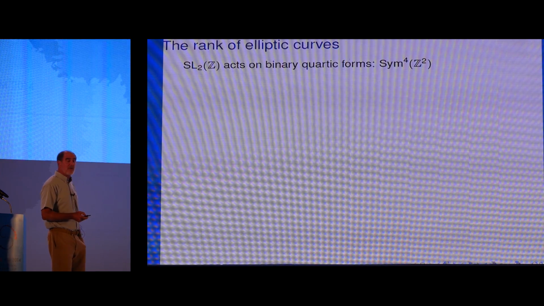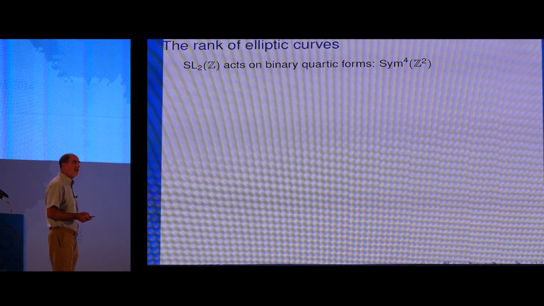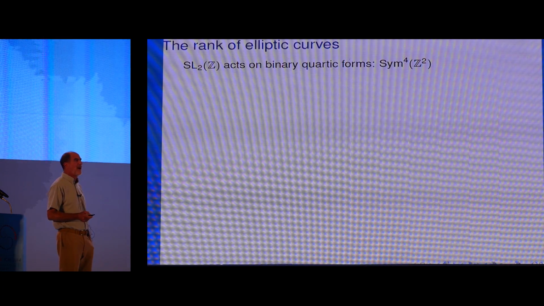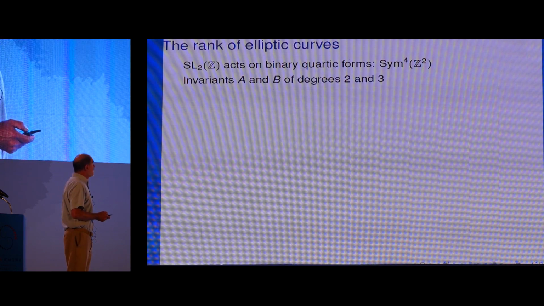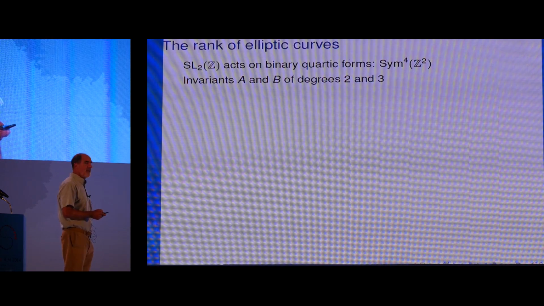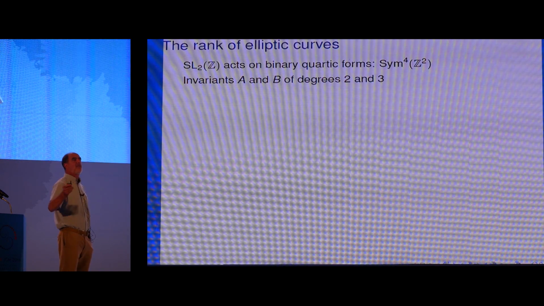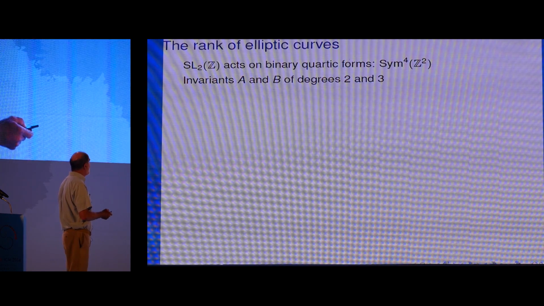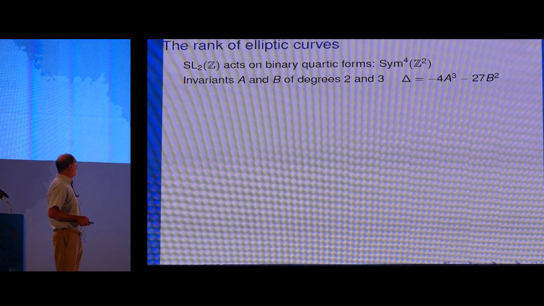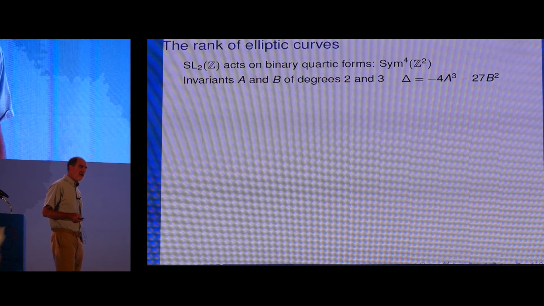Now, the simplest representation, which has 2 independent invariants, is the action of SL2 on binary quartic forms, or what we would say is the symmetric 4th power. There are 2 invariants which are independent. One is of degree 2, one is of degree 3. And the polynomials in A and B generate all the invariants. And there's a famous polynomial of degree 6 called the discriminant, which is the discriminant of the quartic form, whose non-vanishing